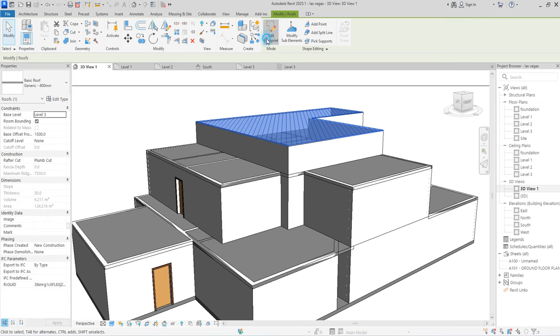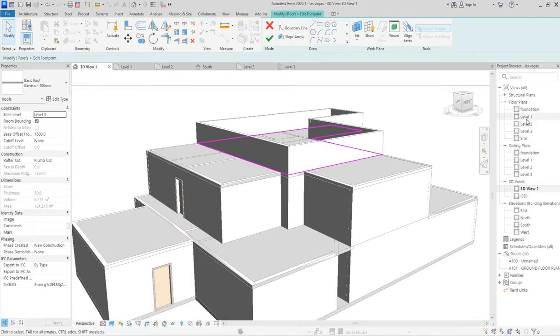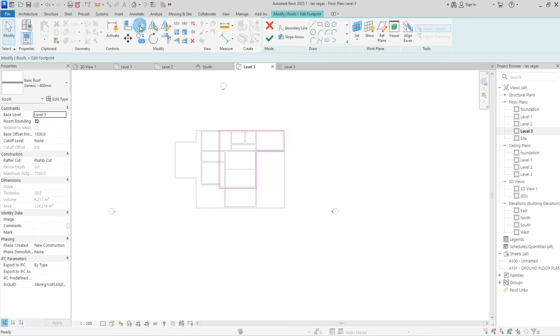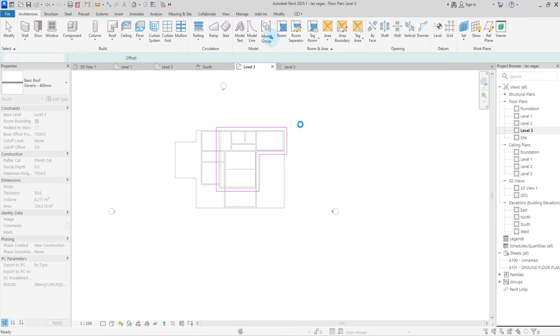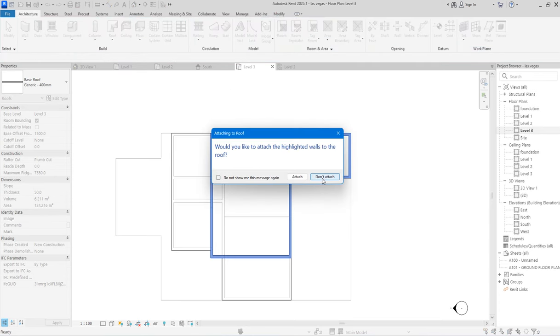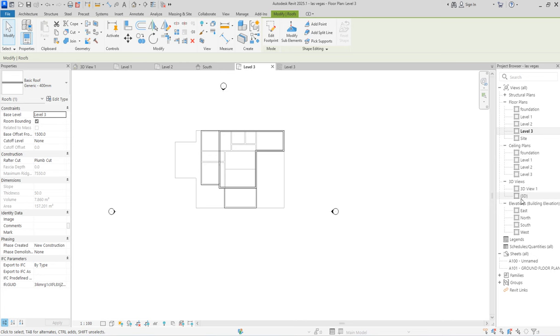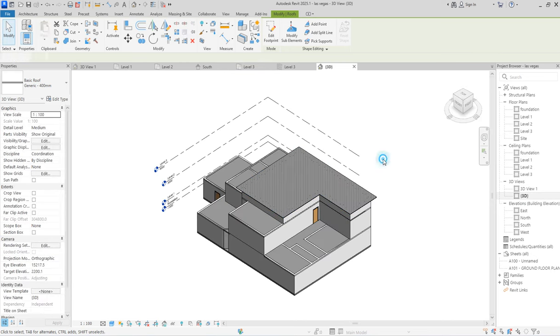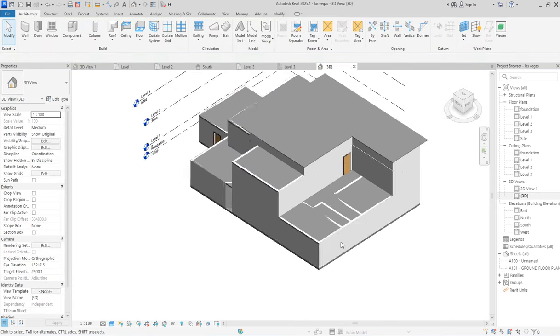So this one I will extend it and let the eave come front a little bit. So click here and say offset this one with 600 all around without copy. So set it up, set. So finish it. Do not touch. Yes, don't attach it. So click here and say okay. And that is the real concept of the whole drawing.